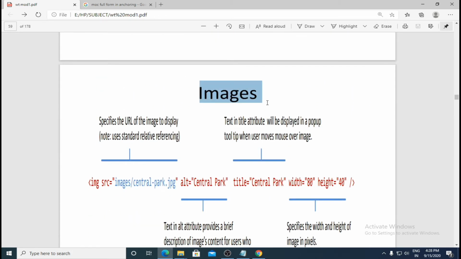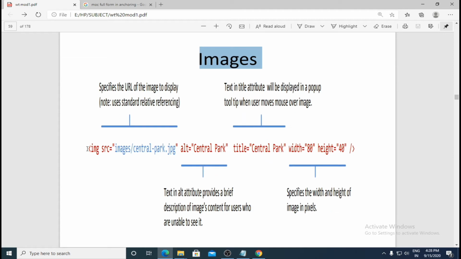Here we have an example of images. IMG is the element name. The attribute we are using is src, equals the value, which is the location of that image, and then we have the attribute alt. Alt is used for alternative text. That means if this image is not getting displayed, it will display this text.